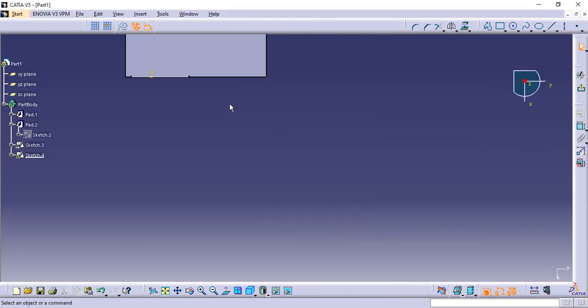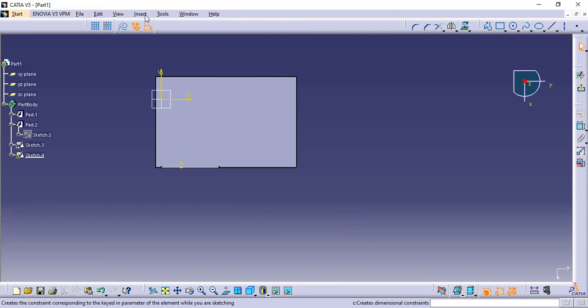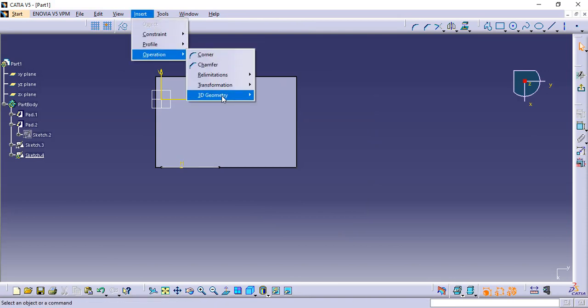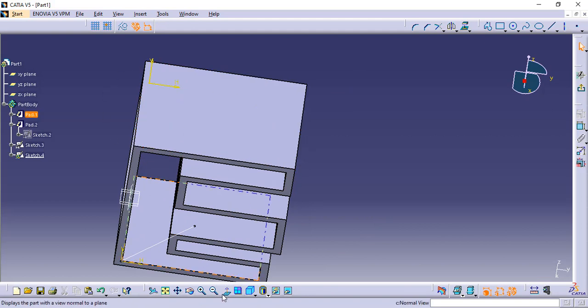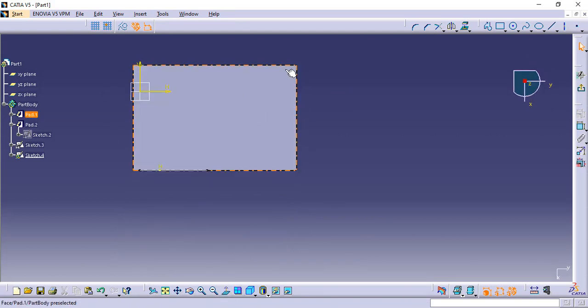If you remember, in the sketcher part we left some commands under the operations. It's 3D geometry. 3D geometry means projecting a 3D element into a 2D plane. Like this is the 3D geometry, but I want this extraction in a 2D plane. So I will just select this. Selected.